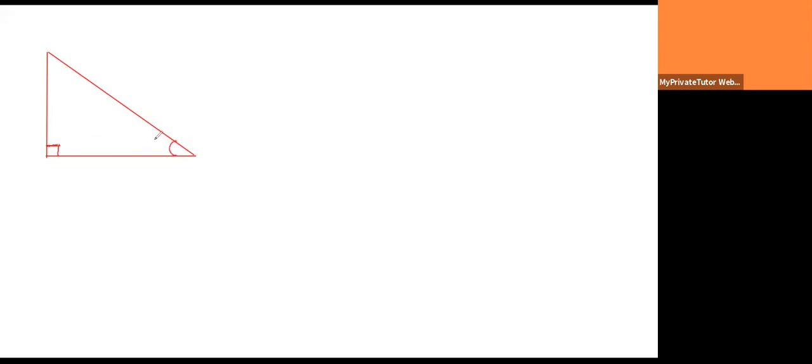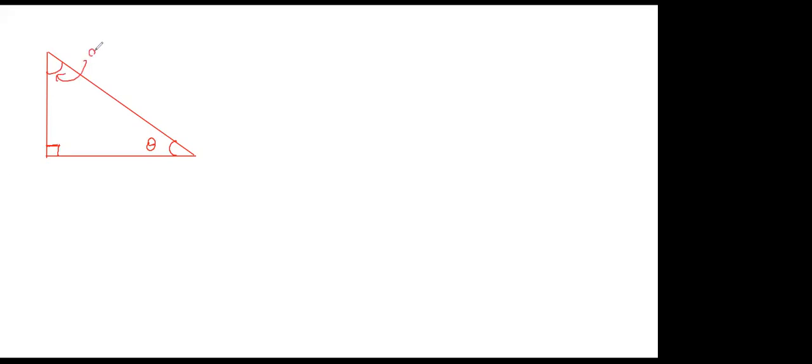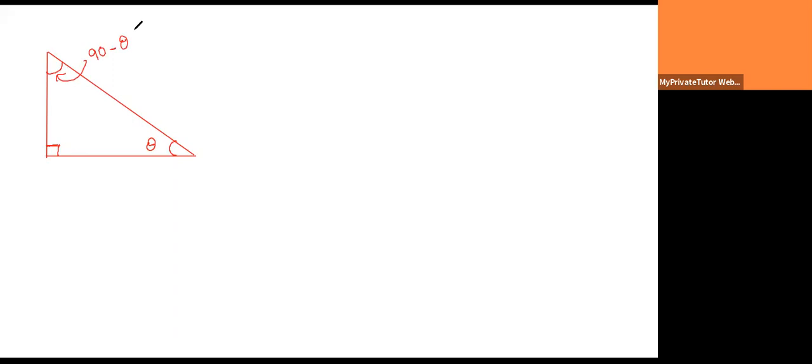So the same thing, let's take this as theta, guys. This is 90 minus theta. Let's take some values, okay? If you don't mind, we'll take the same values which we took: 3 centimeters, this one is 4 centimeters, and this one is 5 centimeters. So I'm going to write all six